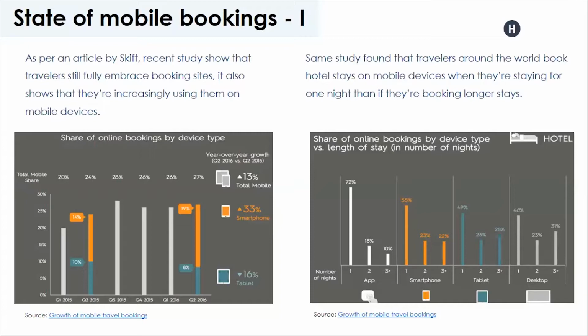The other part is that the booking happening is if it's a much shorter duration, right? For example, a person wants to book the same day or one day in advance, then it happens through a mobile device. While if it's a long-term journey and you're doing it after a couple of months, then the booking happens much in advance, and then they use a website for doing that from a laptop or a